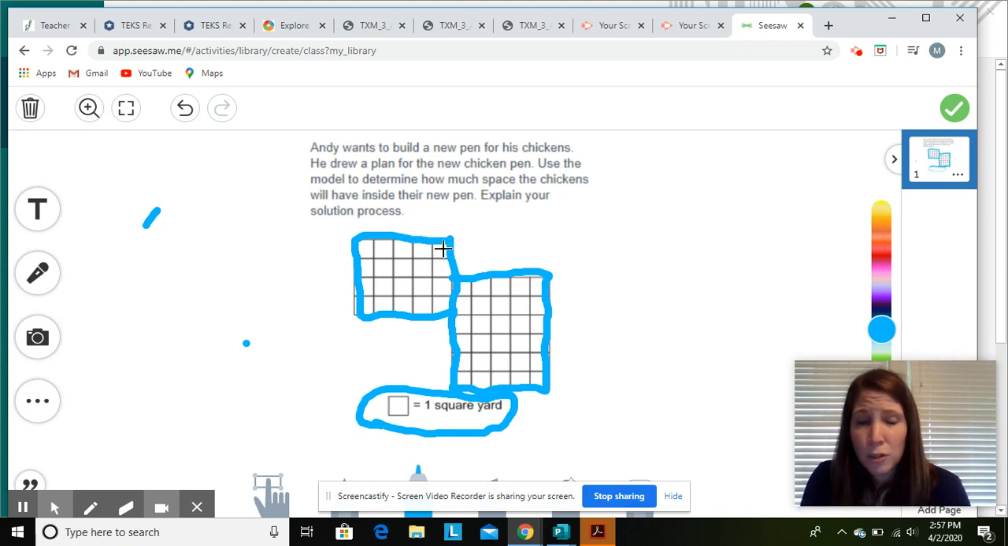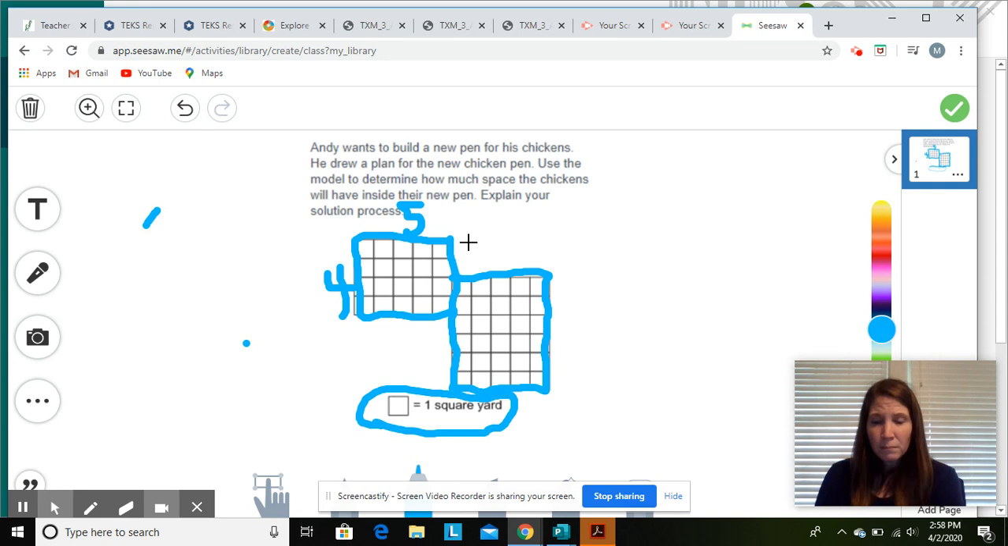And how many rows do we actually have? We have 1, 2, 3, 4. Now remember, I'm only working with this rectangle. So we have 5 squares, we have 4 rows, and we have 5 squares in each row. So if we do 4 times 5